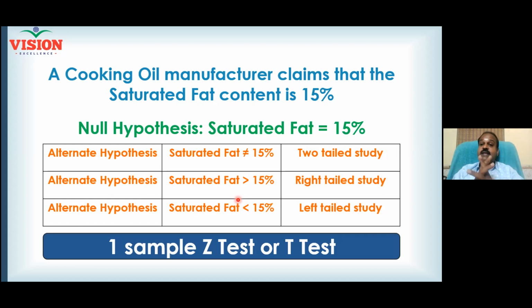Now, what is this study called? And the study is once again on the lead content. What is this study called? Two sample test. Two sample T test. We are studying only samples, no question of population. So population standard deviation is not known. That is called two sample T test.